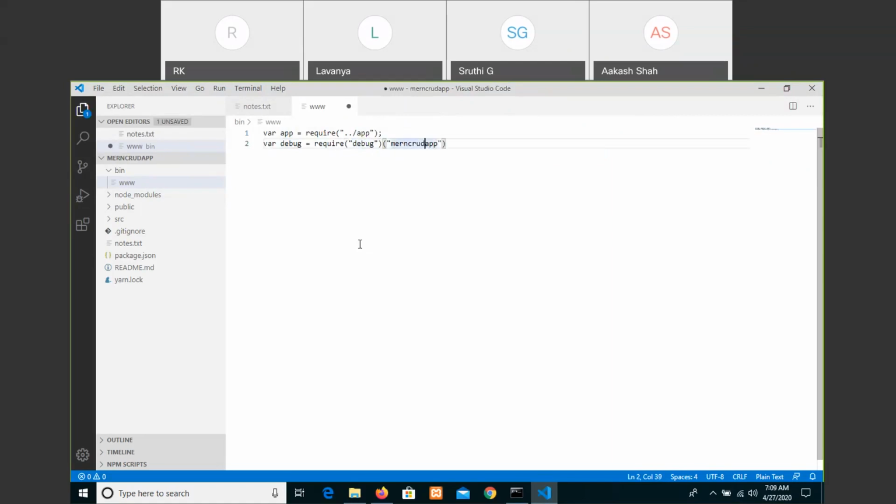This is your application folder, right? Application name: Mern CRUD app.